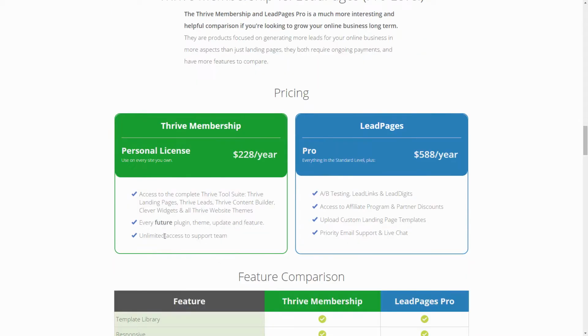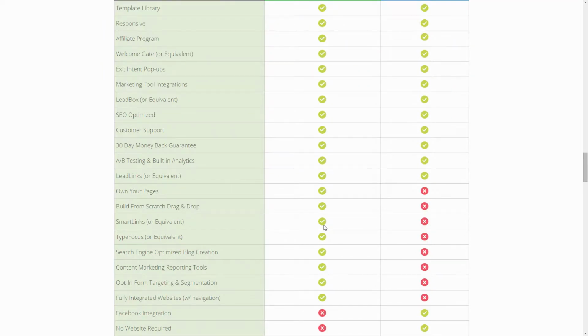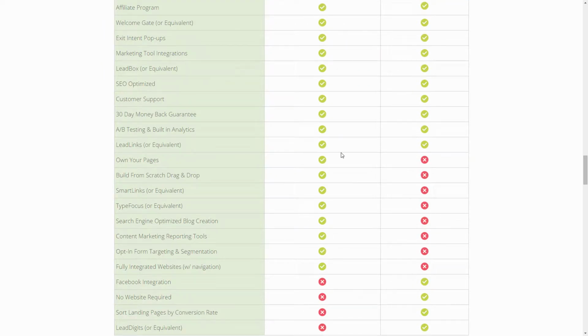And then they dive into some of the other membership features. If you have a personal Thrive membership, you get access to all of their tools, which includes Thrive Leads and some of the other widgets and landing pages, all the stuff. You get unlimited access to support. And then of course, to compare that to their pro version, you're paying more than double, almost triple that in a year. And they again break down some more comparison stuff like what you can and can't do with